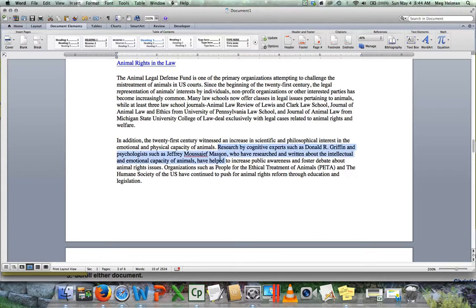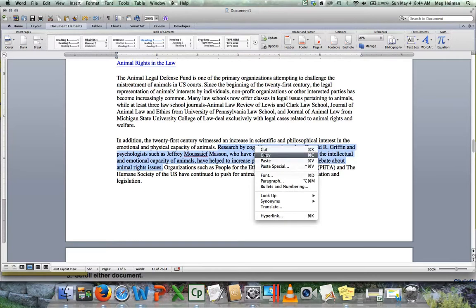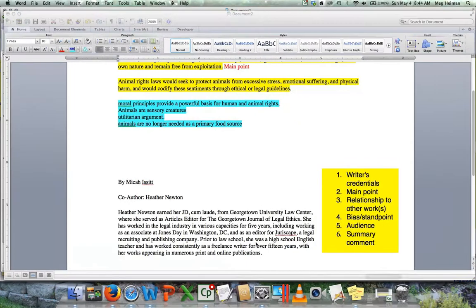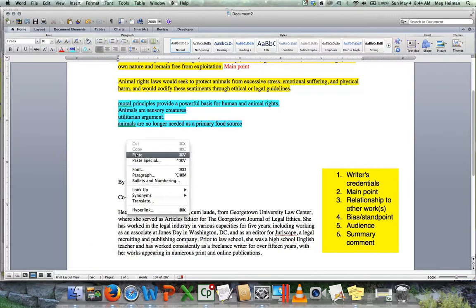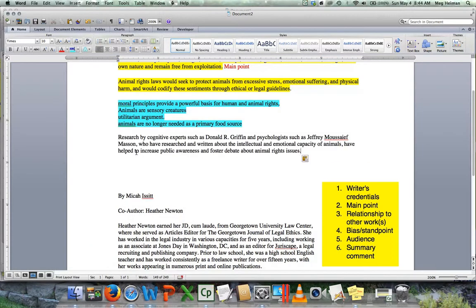who have written about the intellectual and emotional capacity of animals and use that information to raise awareness. So I'm going to copy that and put that over here too, because it just is an indication, or an example, of a reference made to other works. Now, in terms of the writer's bias or standpoint,